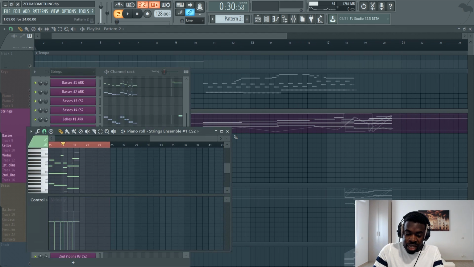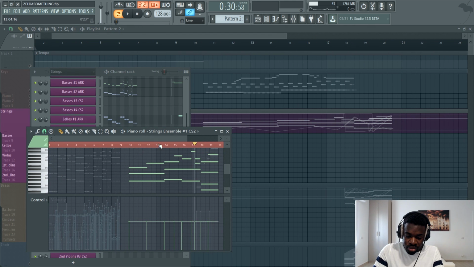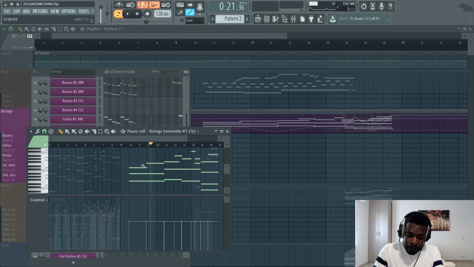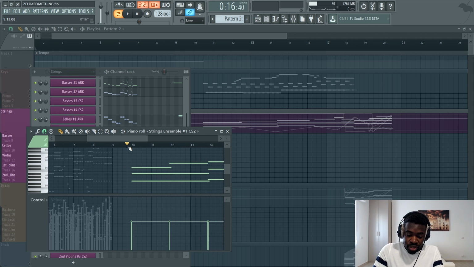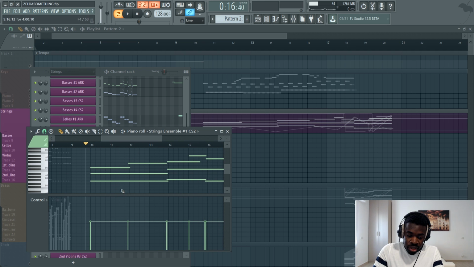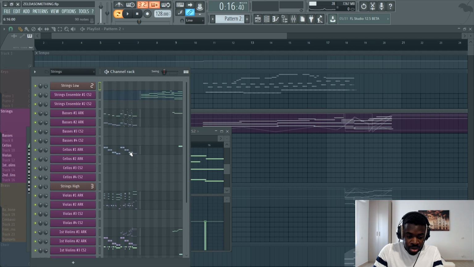Now you cannot use sustained legato if you want to write chords. So for example, in this ensemble, I did not use legato. This is sustained without legato, because if I used legato, it would have been impossible to play 3 notes at the same time. Now then we have,